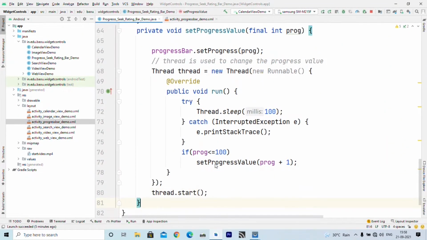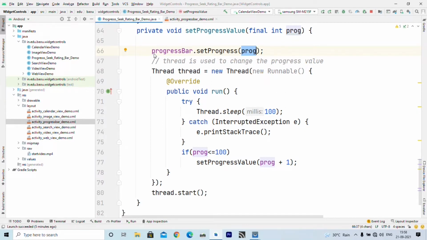So here you can see method setProgressValue. It takes an integer argument which is progress. So I write progress bar dot set progress to the value specified by user. So initially my progress bar is set to 0, right?